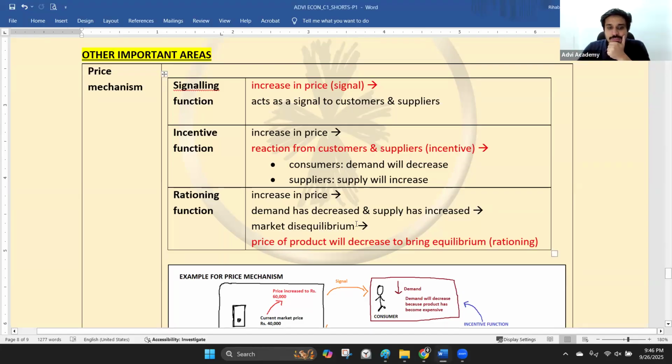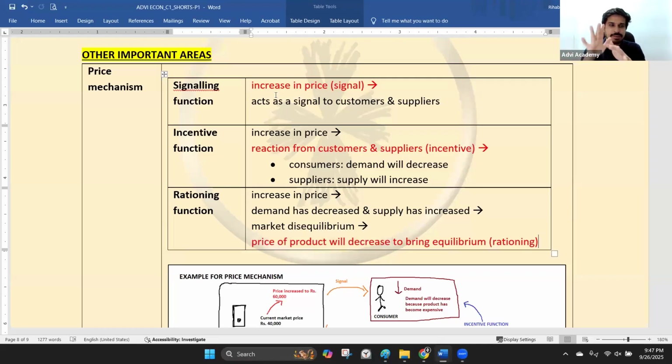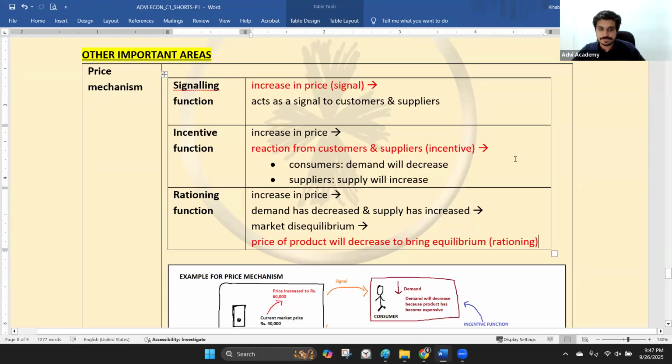So how will market equilibrium come back? Because the price of the product will decrease, no? If the price of the product decreases, people will start buying again and supply. That demand and supply dynamics will come back to normal. Again, like I said, this is more detailed in chapter 2. So just remember the three functions: the equilibrium part, the demand part, the supply part. We will look at it in detail when it comes to chapter 2, right? When the price increases or decreases, that dynamics always keeps changing, the demand and supply. So we'll talk about it now.